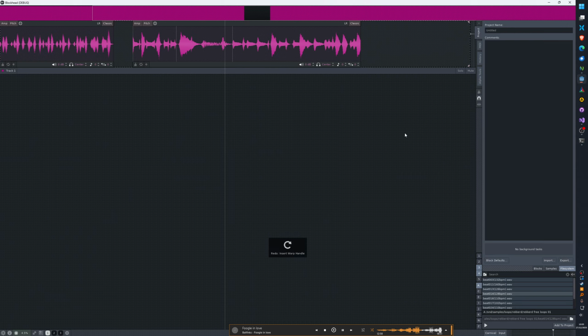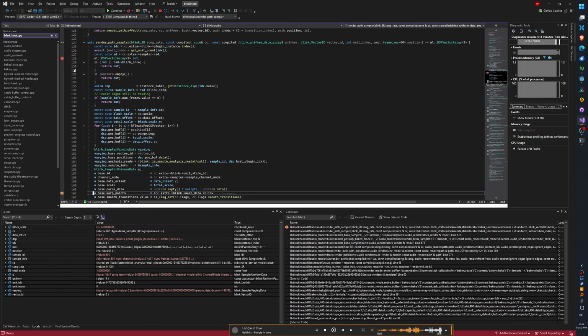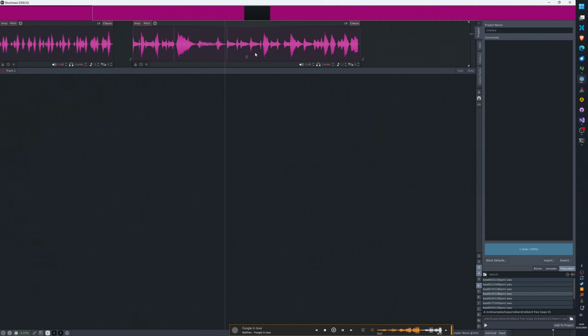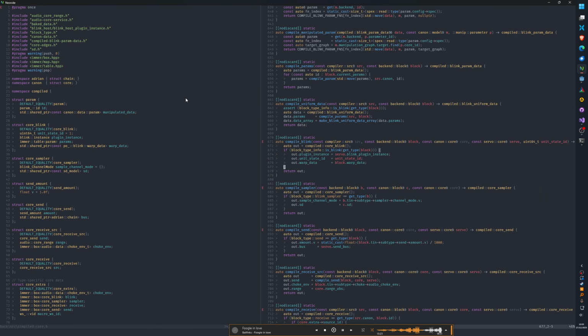Oh, this isn't even baking. Confused. This will make it rebake, right? So changing warp points doesn't trigger a rebake. Also, I think that might be a separate issue.